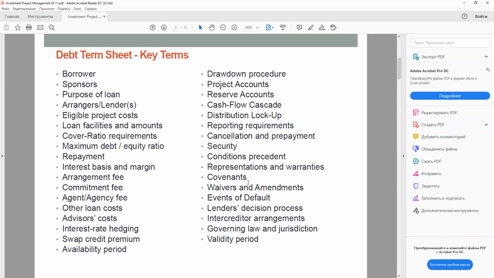The procedure for drawing the loan usually involves the project company presenting a formal drawdown request several days in advance of the date on which funds are required. Both equity investment and loan drawings are paid into a disbursement account in the project company's name, over which the lenders have a security interest, or they are paid directly to the beneficiaries, especially the construction contractor.